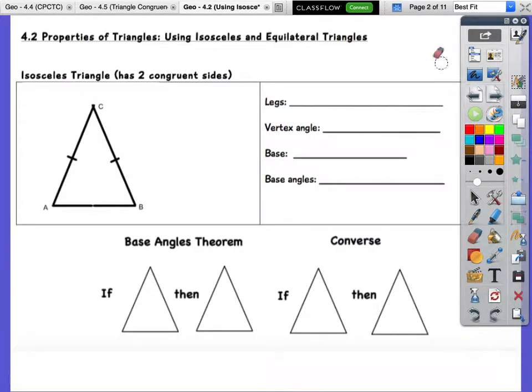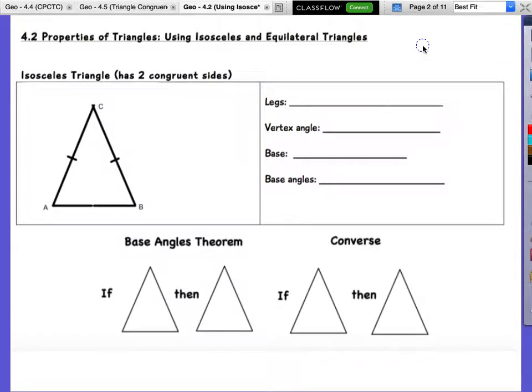Okay, so 4.2, once again, this should be on the back of that second page of your packet, so it's really the fourth page you flip through, saying 1, 2, 3, 4. Out of the 6 pages, it's the fourth one. And if you turn your attention to the sideboard where I'm at, if you look under Wednesday,